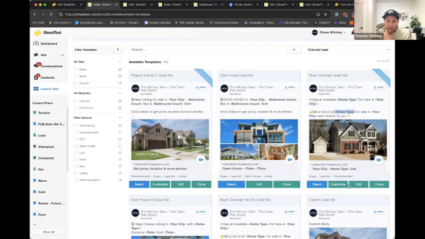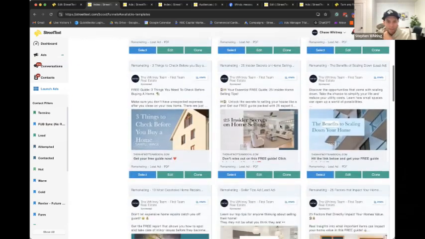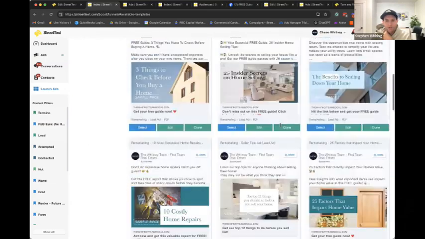But you could customize that, and you can even use AI. We have AI built in to help you make these ads more on your own. We covered more of that on the previous webinar. But the one I want to show you today is the remarketing. So on the left-hand side, you see this little filter that says remarketing. If I click on this, and then I click on the PDF ads, we have a ton of these ads ready to go for you.